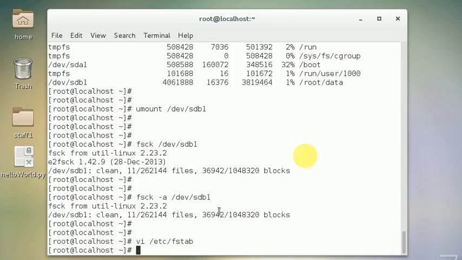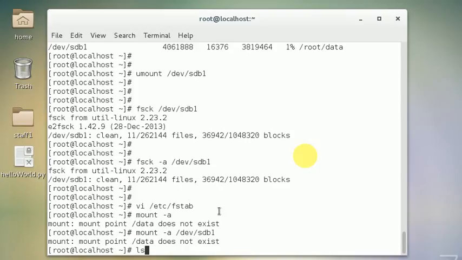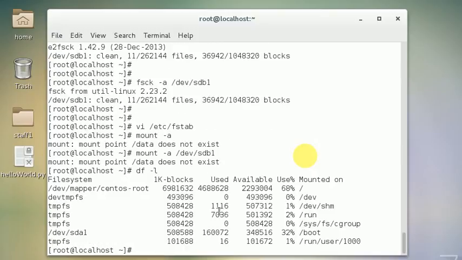So we can also use mount -a, so this will mount all of them. Data does not exist. Oh yeah, you should write mount -a /dev/sdb1. Let's see df. Now we don't have our sdb1 here because it's unmounted, and it will be mounted during the boot time. So if we restart, maybe